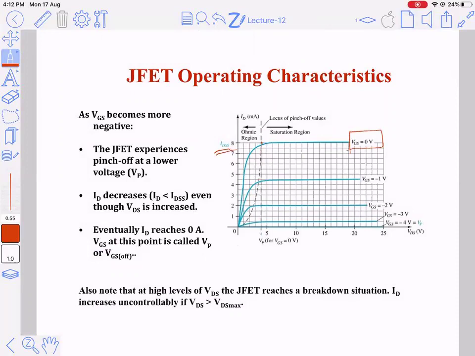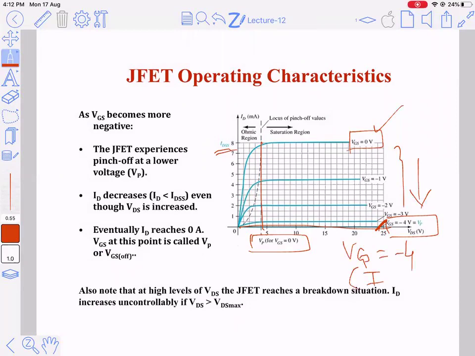And you define pinch off voltage for this graph alone. As you increase VGS in a negative manner, the current keeps on going down. At one point of VGS, the line will be on the x-axis. Say for VGS equal to -4, the line is on the x-axis. That means the current is 0, right? Y is 0 on the x-axis. So when the current is 0, there are two definitions over here. One is with respect to VDS, right?